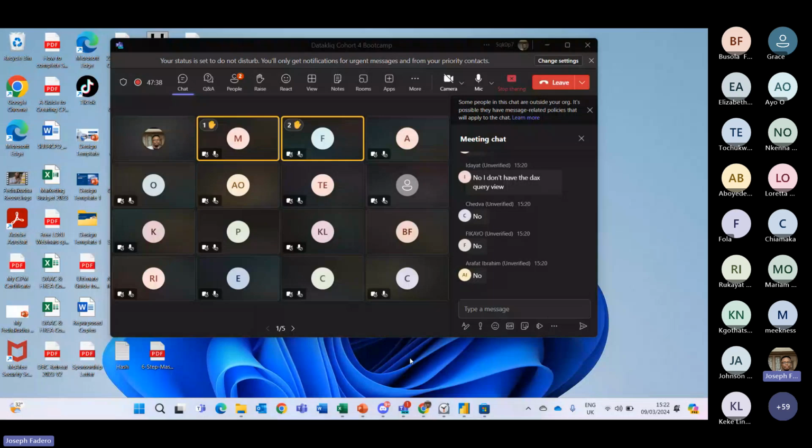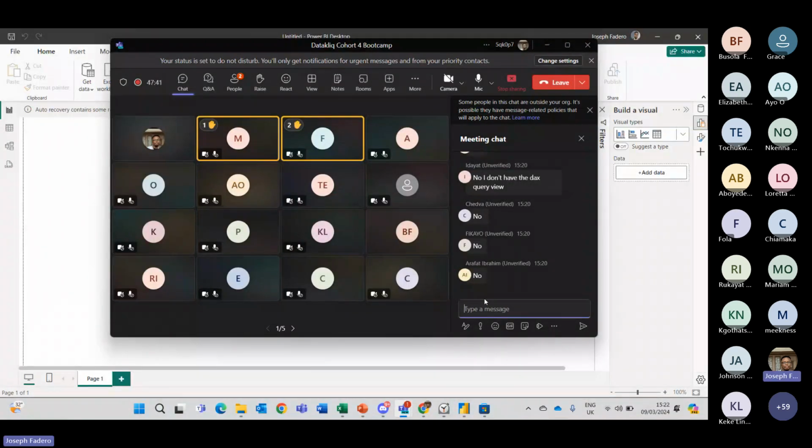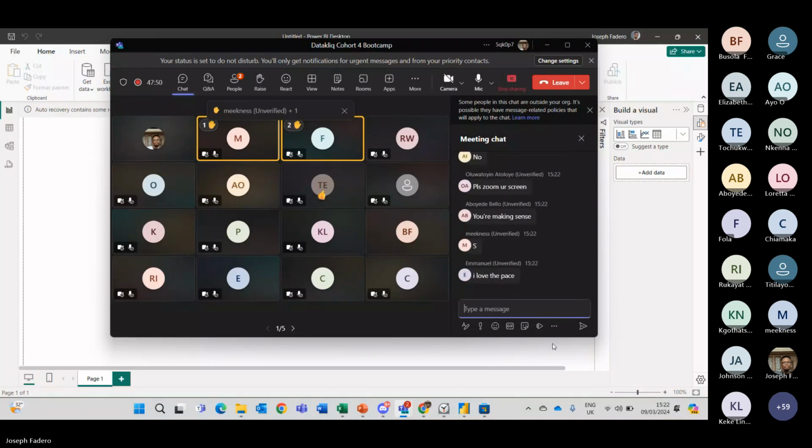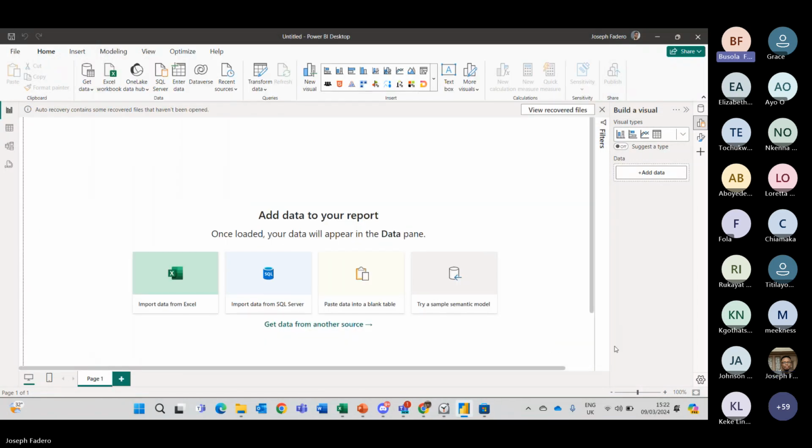Can you hear me clearly? Yes, we can hear you clearly. Your speed is normal. Please reply with emoji rather than dropping chat in the chat box. They can do both. Okay, thanks, I like the feedback I'm getting. Somebody said I should zoom in my screen more.